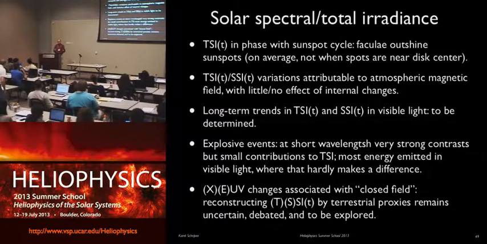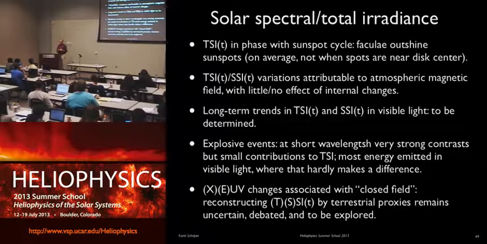We know the total solar radiance is a function of time, and the variation is dominated by the brighter faculae with the occasional dips of the sunspots. Most of those changes, almost all of the changes, in fact, let me rephrase that: there's no evidence to the contrary of what I'm going to say. The changes in TSI are dominated by the presence of the magnetic field and the structures that are formed by the magnetic field. In principle, you could think if there's that much magnetic field in the convective envelope, it could change the structure of the convective envelope. There is no evidence that it actually does that at any measurable level. People have tried.